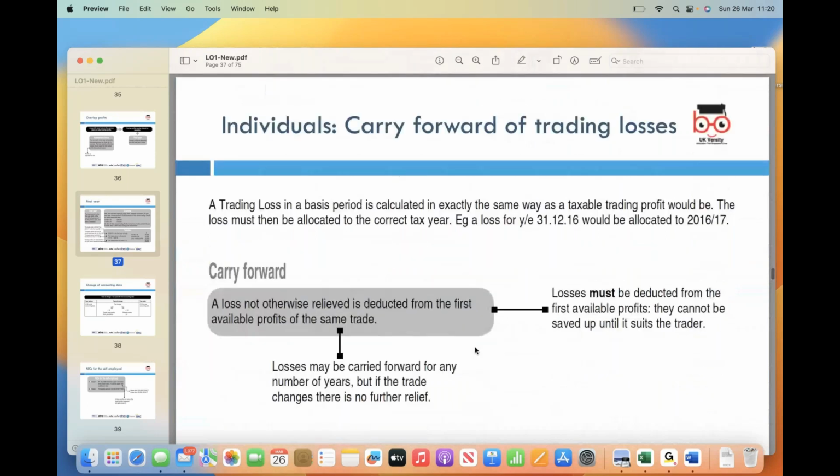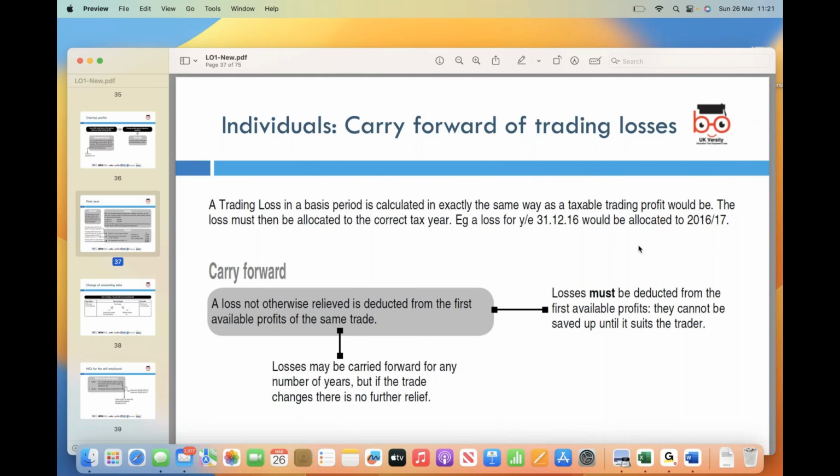So next is individuals' carry forward of trading losses. Trading losses in a basis period are calculated in exactly the same way as taxable trading profit would be. The loss must then be allocated to the correct tax year. So, for example, a loss for the year ending 31st of December would be allocated